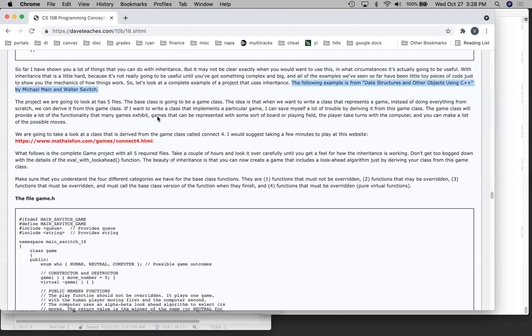There's a base class, which is a game class. The idea being that if we want to write a class for any game, instead of doing everything from scratch, we can derive it from this game class. One of the most important things that this game class takes care of for me is a function in this base class that can be used to figure out, it's a little AI, right? It figures out what the best next move is for the computer,